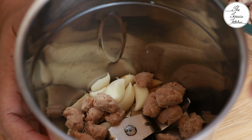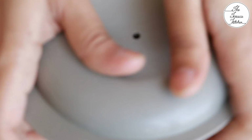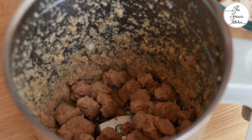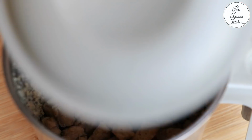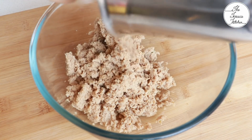If you add all the soya chunks first and then add ginger, garlic and your green chili, you wouldn't be able to make a fine paste of these things. So it's a very important tip. Now add the rest of the soya chunks and make a paste. A coarse paste, not very fine. Transfer to a bowl,